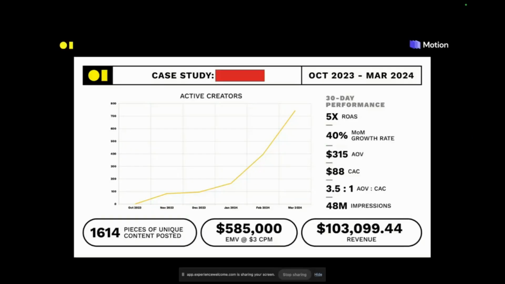In reality too, we don't have permission from this client yet to share, so we can't call this out. But this is some real data from a brand that we're working with. Again, you can see early on, we started the engagement in October, learning phases, kind of slow growth. Hit November, December, our ability to seed the community dropped off because they were focusing on holiday fulfillment. But in that time, we're growing basically our response bank, our community management practices. And then, effectively January, February, March, we've been focusing on scaling the community